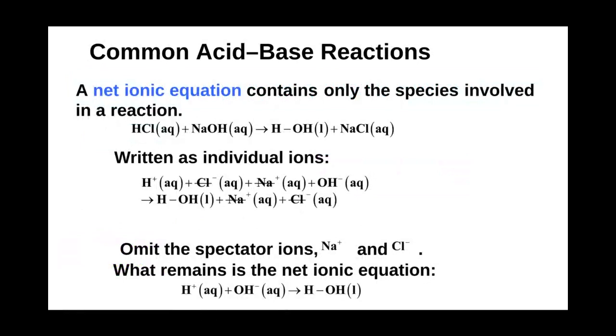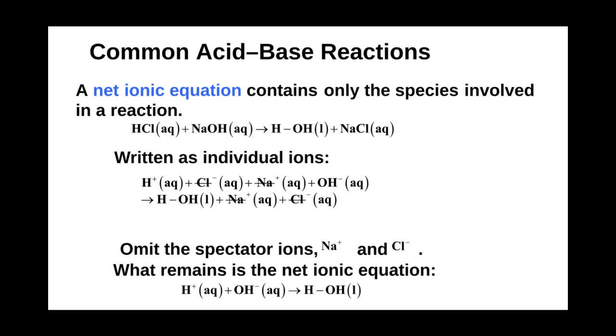So that's a neutralization reaction. Now we can write what we call a net ionic equation, which contains only the species involved in the reaction. What does that mean? With an acid and a base, all we're really thinking about is the protons and the acceptors, so we can simplify this reaction. Hydrochloric acid reacts with sodium hydroxide. Just as a note, this reacts pretty violently, being a very strong base and a very strong acid, producing water, H2O, and sodium chloride.